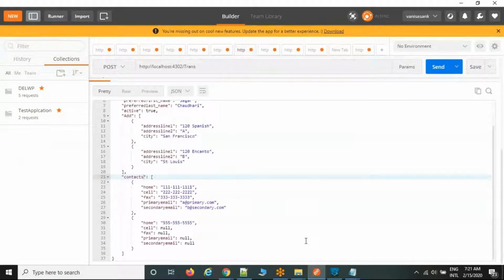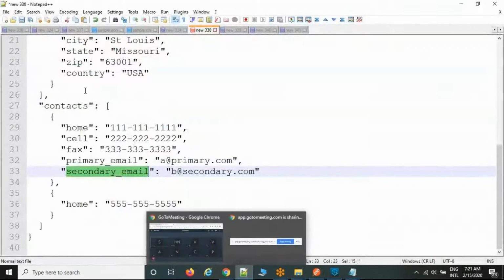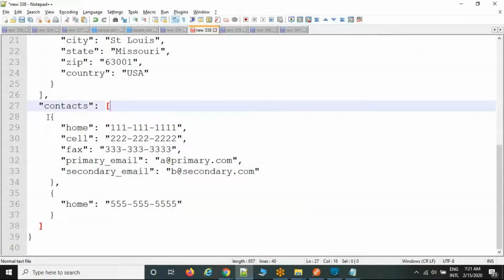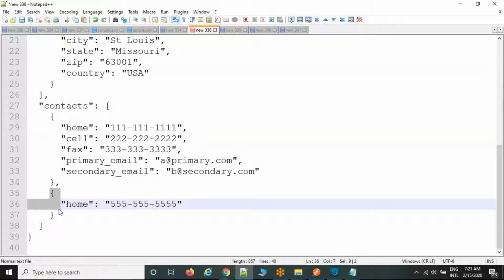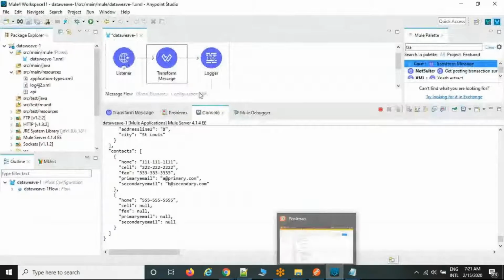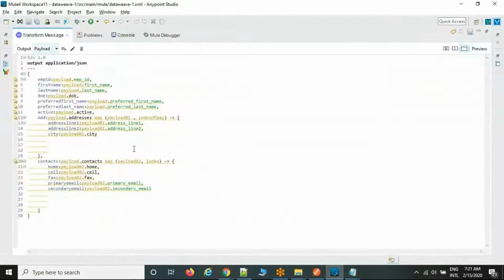See, now you can notice here, this is the array. One set of information includes the 5 elements, but the second set of contact has only a single element. But we have written the looping mechanism here.